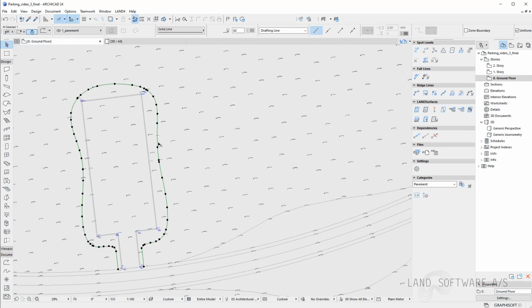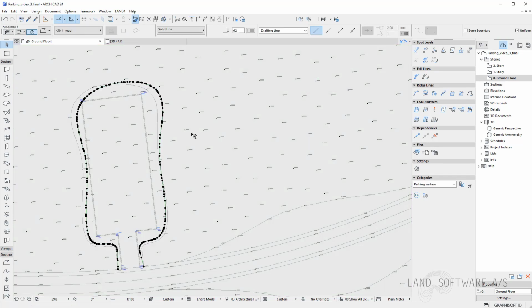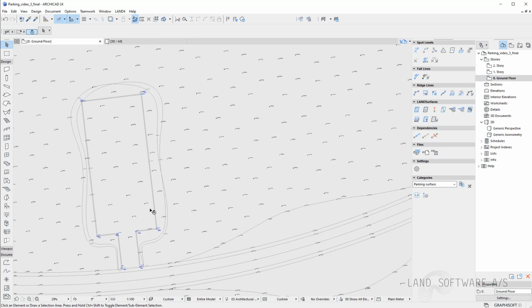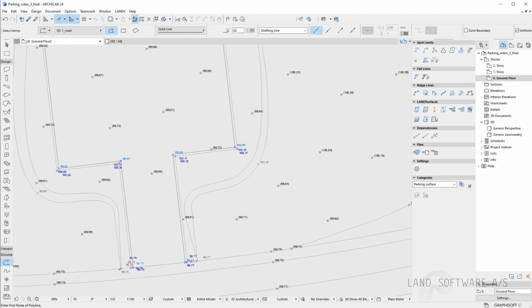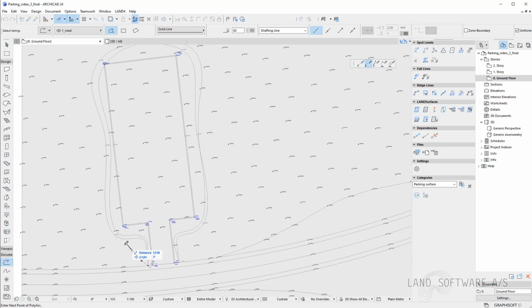So I can continue the work and project the ridge slope for the cut part here on the right side. And for example, I can also draw it myself. Instead of using the ridge slope where I can project to a certain fall percentage, I can just simply draw a polyline where I would like to have my new terrain projected.